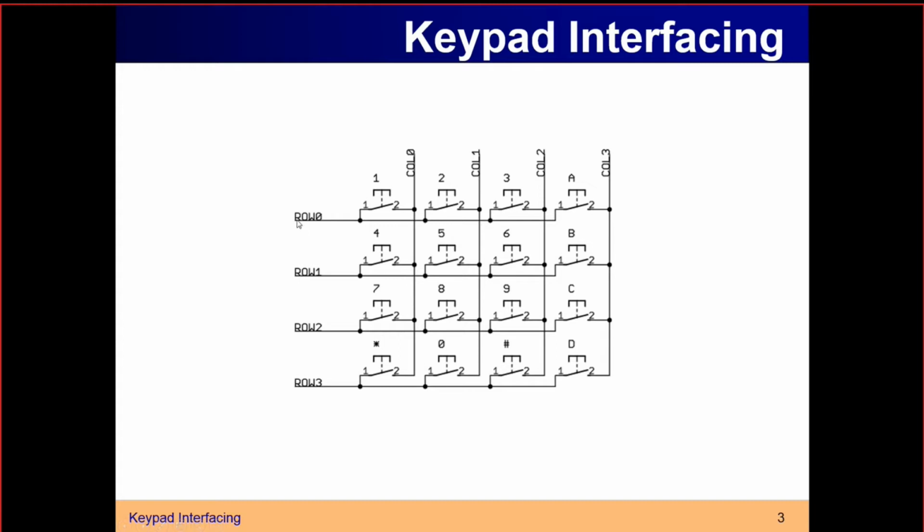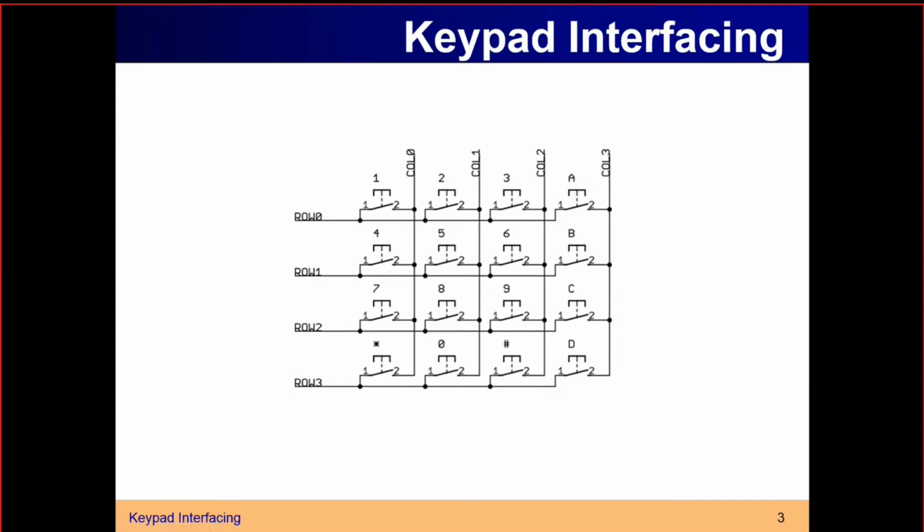Right. Let us consider that in the first plane you are having 4 lines representing 4 rows, and in the second plane you are having 4 lines representing 4 columns. When you are pressing the first switch, what you are doing? You are making a connection between first row and first column. When you are pressing this button 5, you are making a connection between first row and second column. If you are pressing D, you are making a connection between fourth row and fourth column.